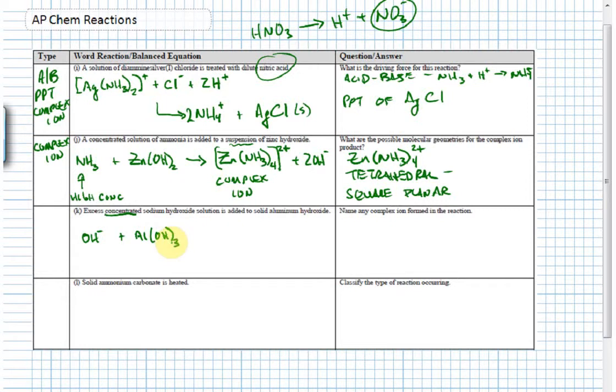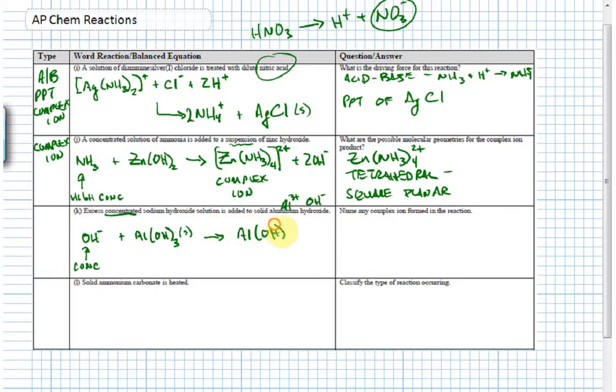Why aluminum hydroxide? Just to review, aluminum is a +3. Look at your periodic table. Hydroxide, one of your polyatomic ions, -1. 3 hydroxides to 1 aluminum. Again, that is a solid. You don't need the state designations. Now, under the concentrated hydroxide, we form an aluminum